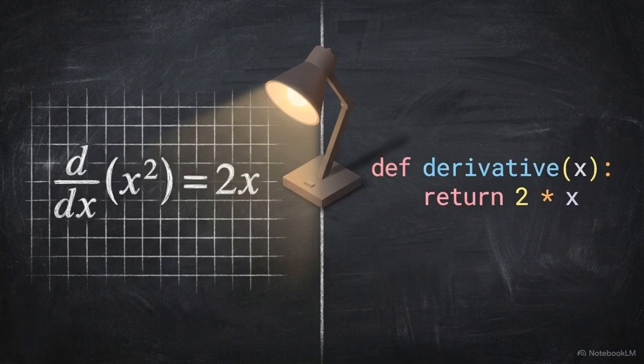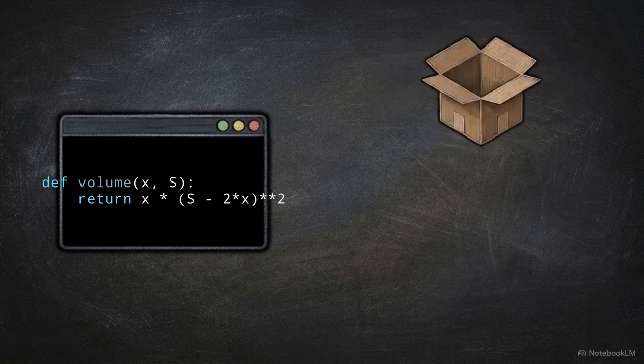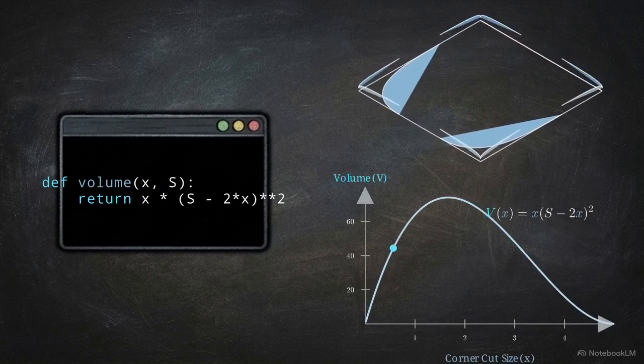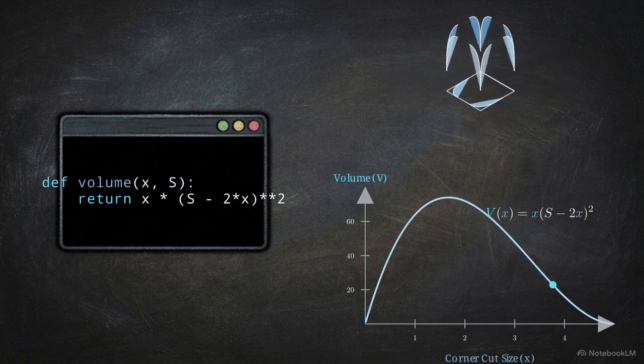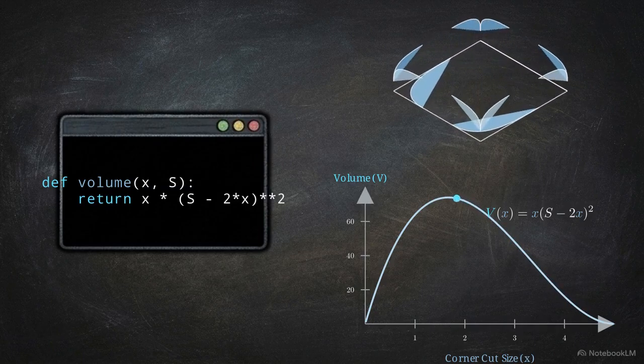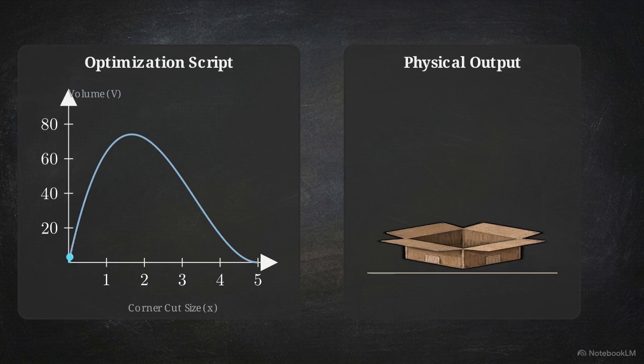We can bridge continuous analytical mathematics and discrete computational logic by automating this optimization process. We must script how large of a square to cut from a flat sheet's corners to fold a box with maximum volume. The flaps fold upward into a 3D container. Below, we map the volume objective function against the corner cut size. The script's first programmatic task is defining this continuous objective function mathematically, establishing volume purely as a function of that corner cut. The code calculates the first derivative,